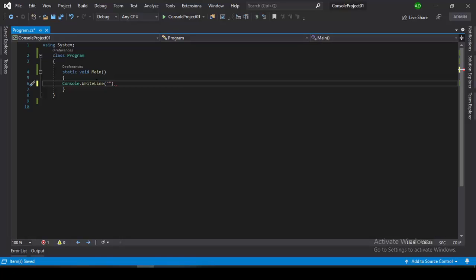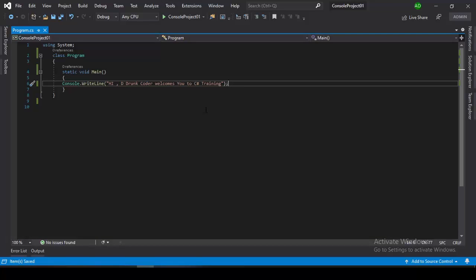And I will write the message which I want to print on the screen. I want this message to be printed on the console screen.